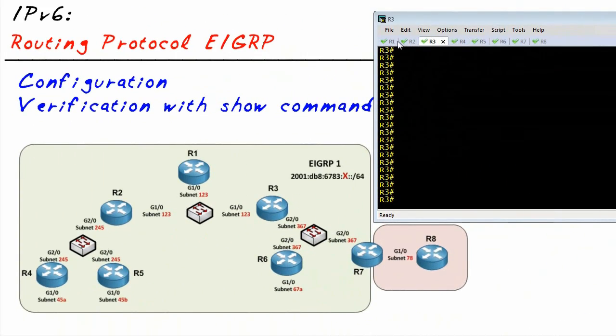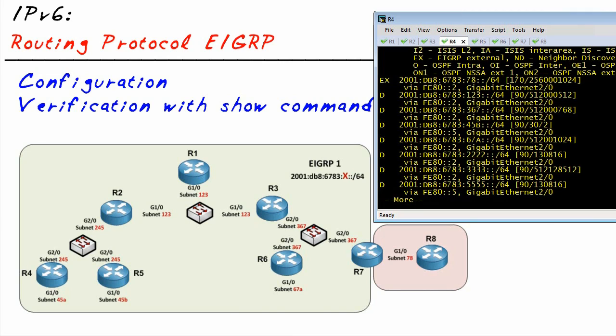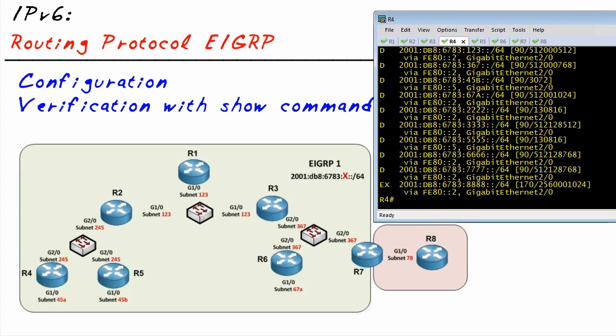Now, every router should have a full route to everything if it's all working. Let's go over to R4 for a moment. And on R4, let's just take a look at the routing table. Do a show IPv6 route, and we'll say just show us the ones from EIGRP, and that will thin it down a little bit. And there's a whole boatload of routes which represent all the routes that we've learned via EIGRP. So this bottom one right here, the 8888 network, represents R8, and it's got a loopback interface on that